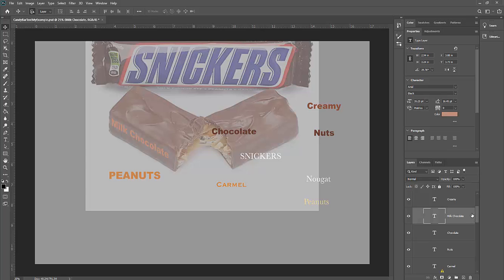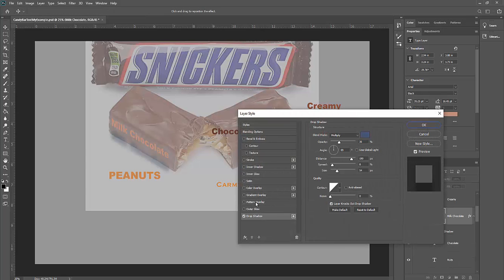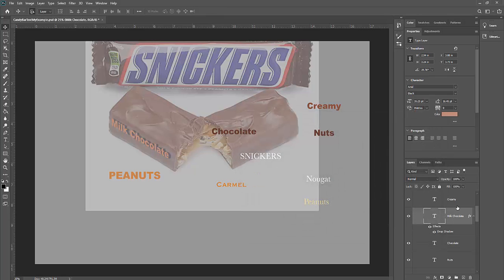And then if I want to add a drop shadow to this, I can double click, click on drop shadow, and again I can move it around as long as I have global light unchecked. Then I can move this and interact with it on my own. So this one, maybe I'll have a sharper shadow, and then click OK,